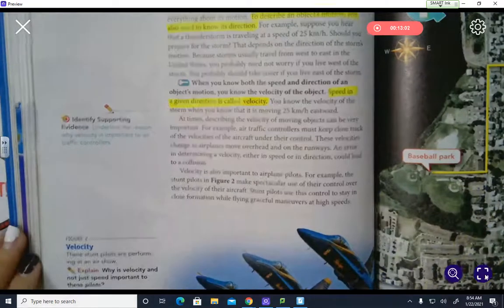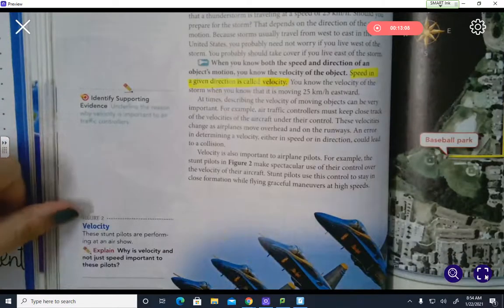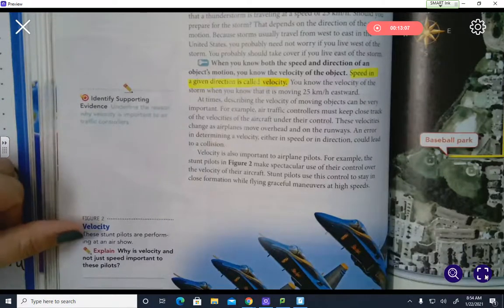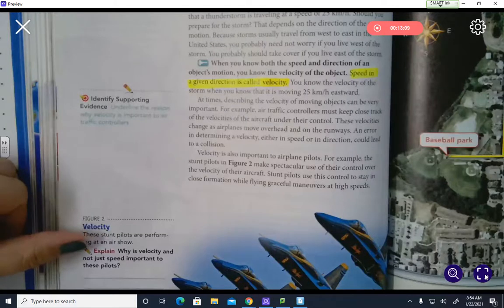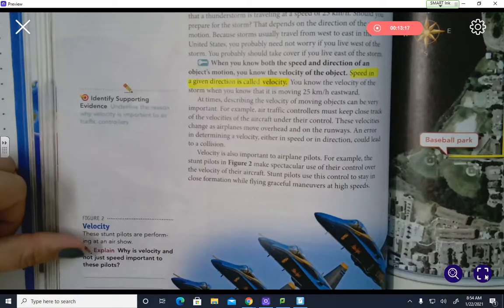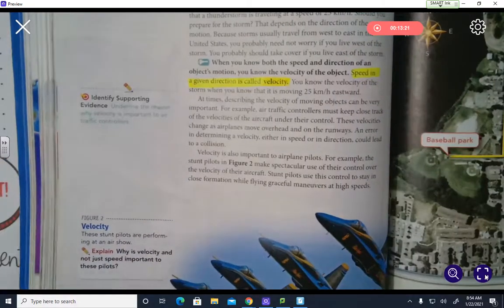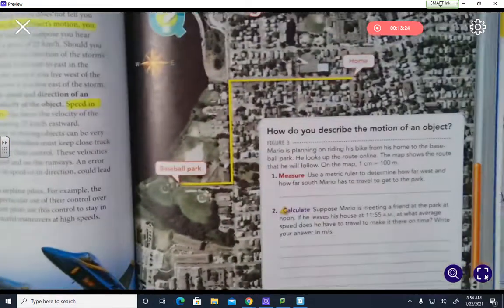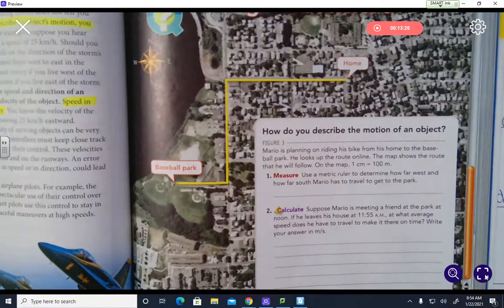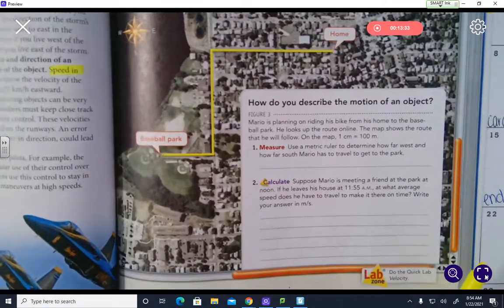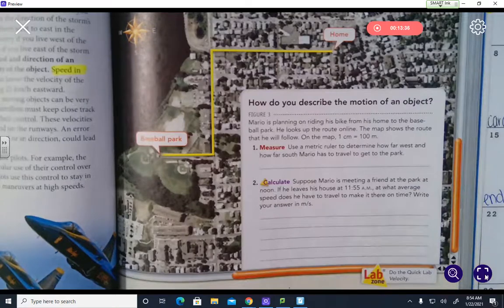I want you guys to answer this question down here. It says, these stunt pilots are performing at an air show. Why is velocity and not just speed important to these pilots? I'm going to have you skip this page,